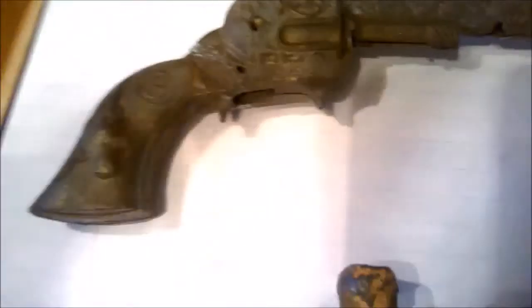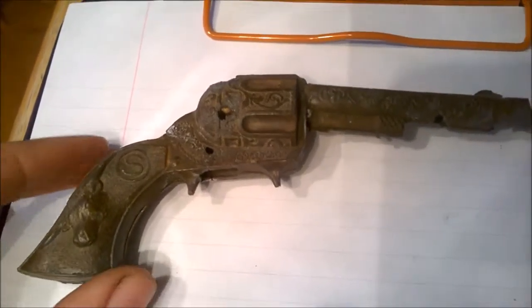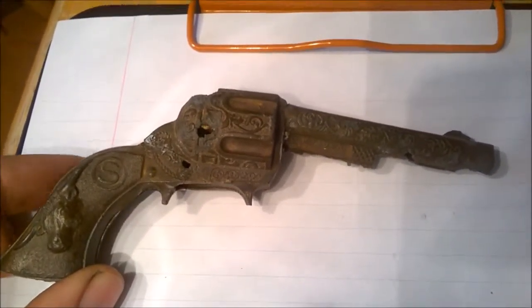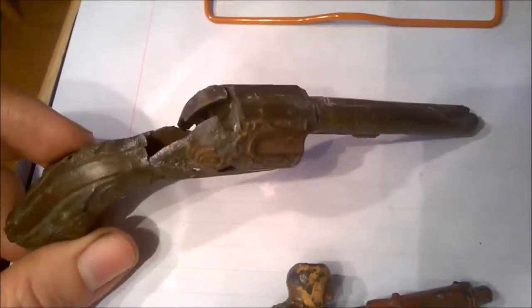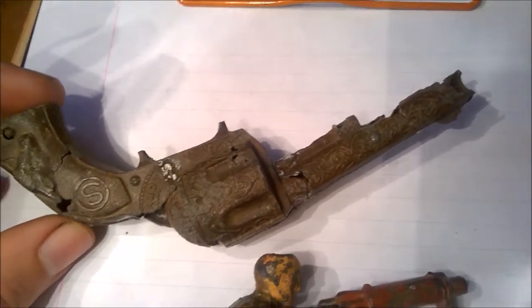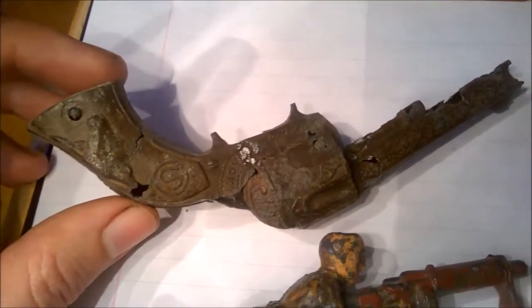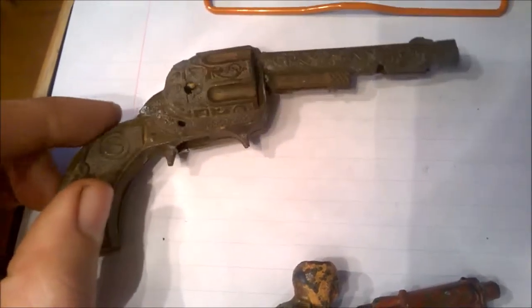Okay, let's do the toys. We've got this little toy cap gun. I found this in 6 different pieces and 6 different holes in one yard. I was able to glue it all back together. One side definitely looks better than the other. But my first complete cap gun, or mostly complete. The hammer and trigger are missing, but